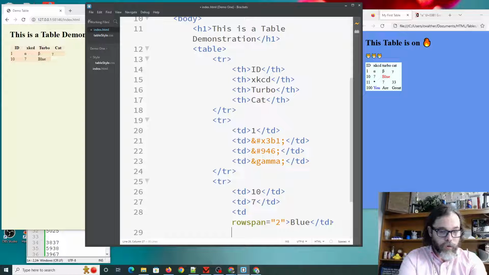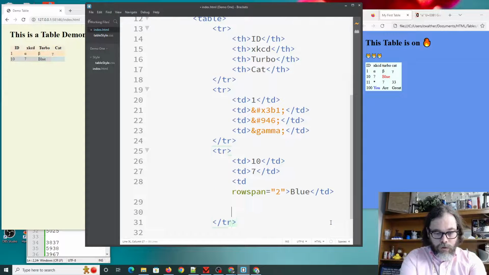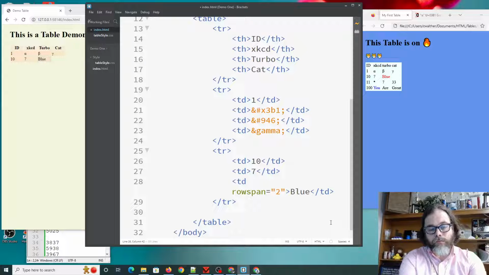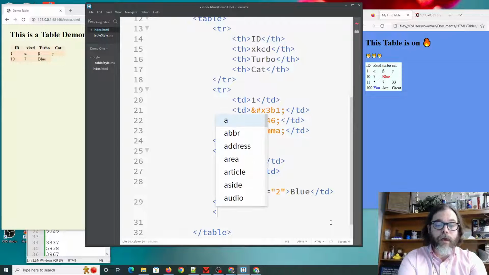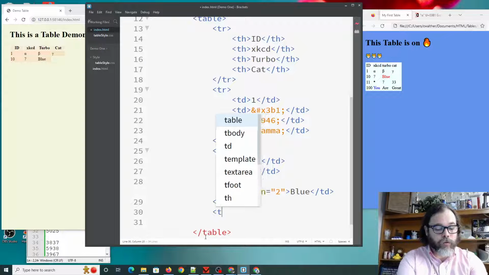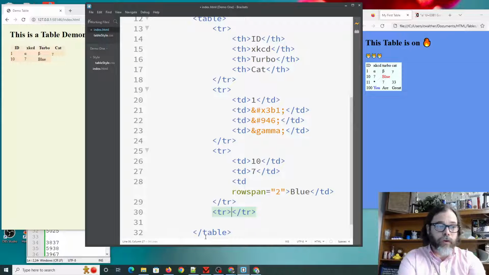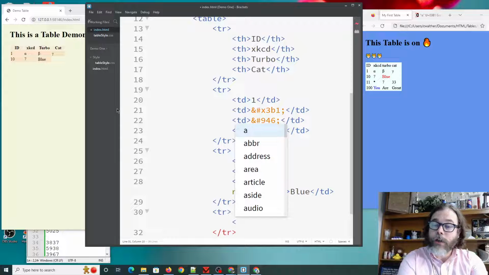And that's the end of that row. Oh, I think I know what's going on there. We'll get back to that in a sec. I did a fixed width of 50, right? So I'll show you in a sec. So let's do the next row real quick, and then I'll go back and fix that. But you notice how this blue is not spanning over? I need to go back and fix that. But while I'm on a row, let me go ahead and finish out the table, and we'll come back and